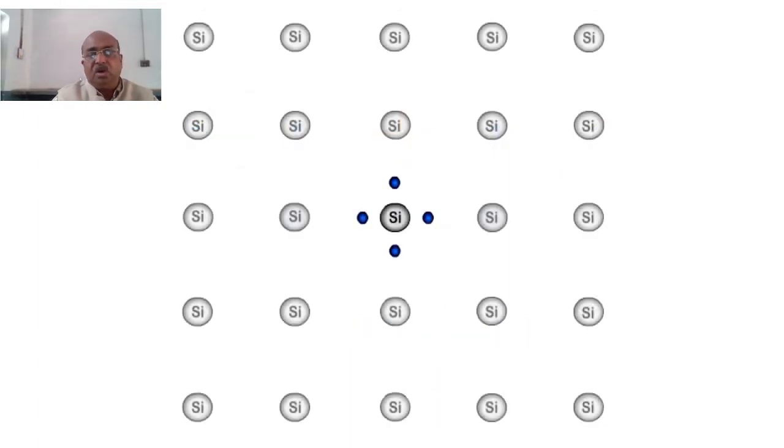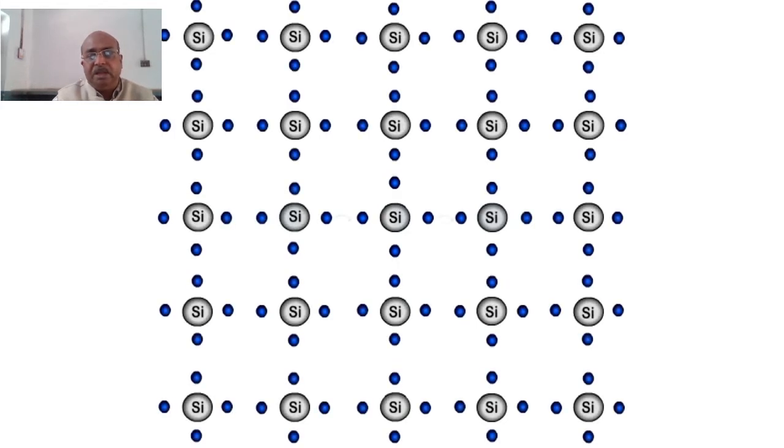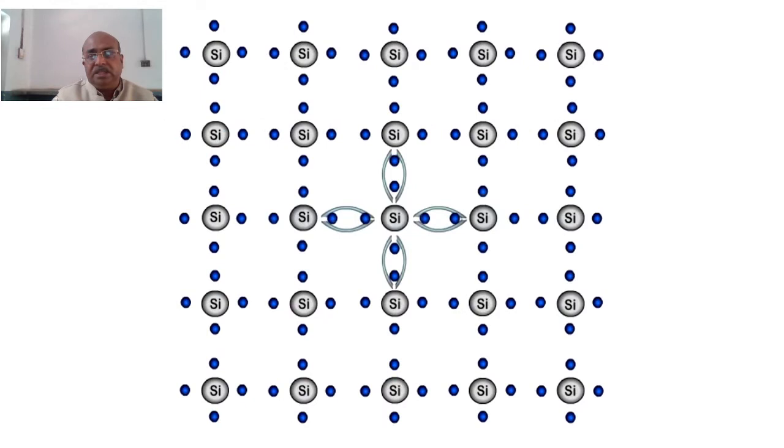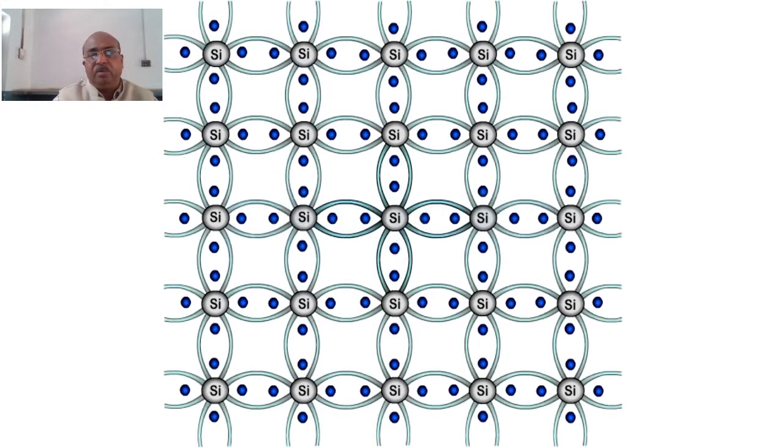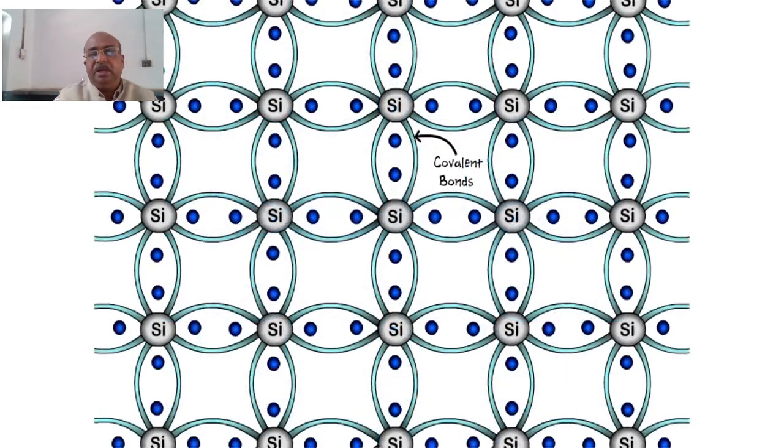Now, what happens with silicon? When silicon is there with its four electrons, in the neighborhood there are other silicon atoms arranged in an array. So, these four electrons of an atom are shared with the nearest four silicon atoms and make covalent bonds. You can see in the figure, every silicon atom has a covalent bond with the adjacent silicon atom. These covalent bonds make the structure strong enough so there is no electron available for the conduction of current.